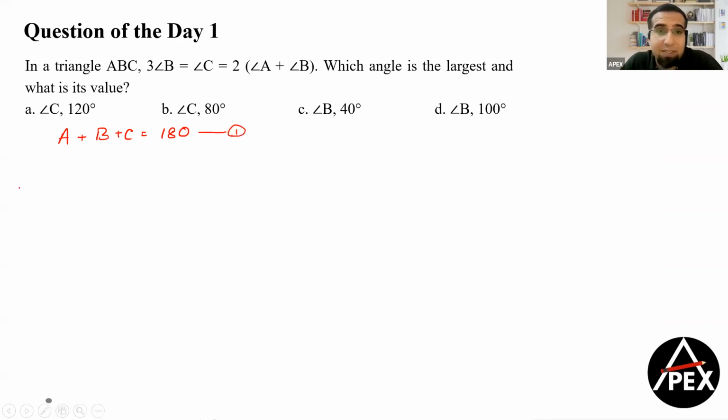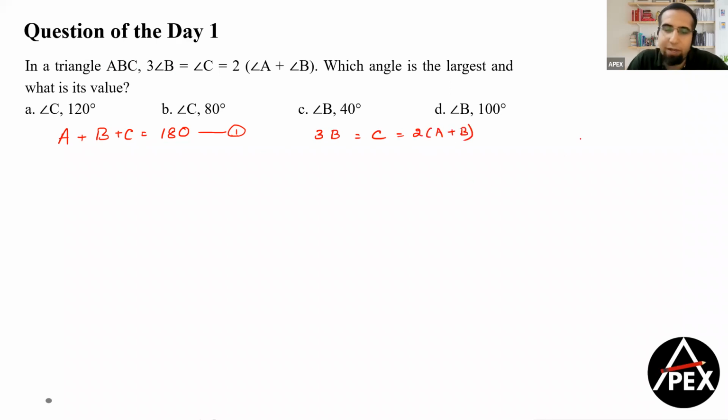If I have one equation, going by the thumb rule of equations, the number of equations should be equal to the number of variables. So our first job is to bring the number of variables down, since there's only one equation, I need only one variable in the whole problem, right? Now, what is the data point given to us? I'm given that 3 times B is equal to C, which is equal to 2 times A plus